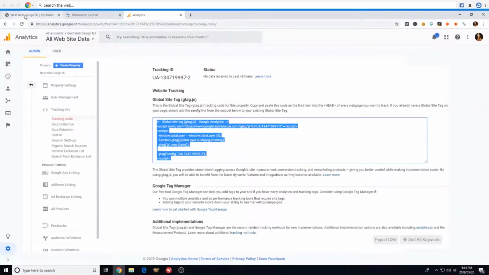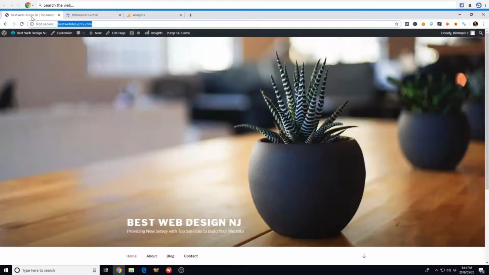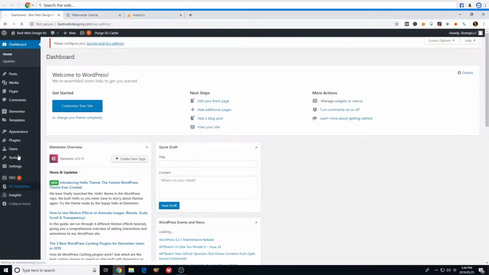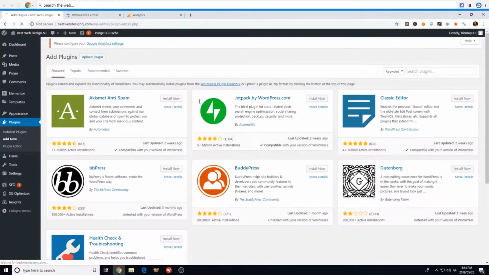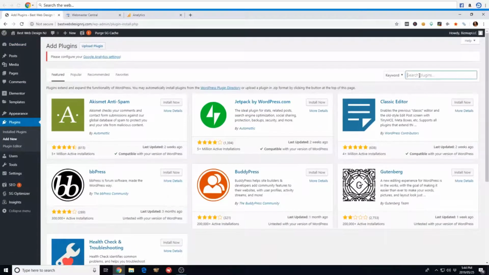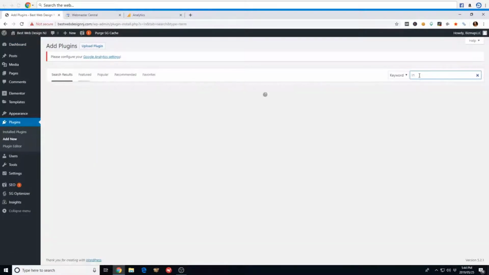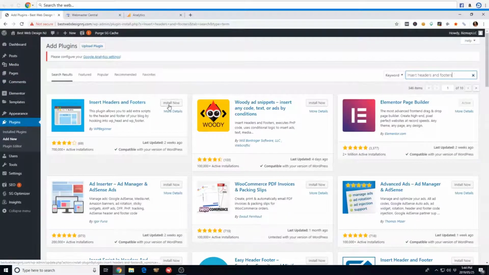and then you go back to your WordPress dashboard. And what we're going to do is we're going to go to Dashboard, and we're going to go to Plugins, and you're going to add New. And in the search bar, you put Insert Headers and Footers. Okay, here it is right here. You press Install, Activate,